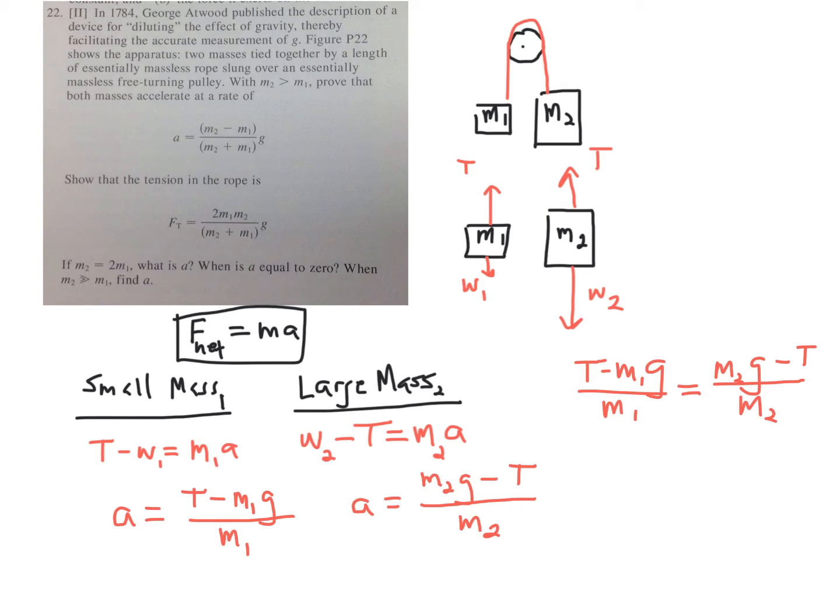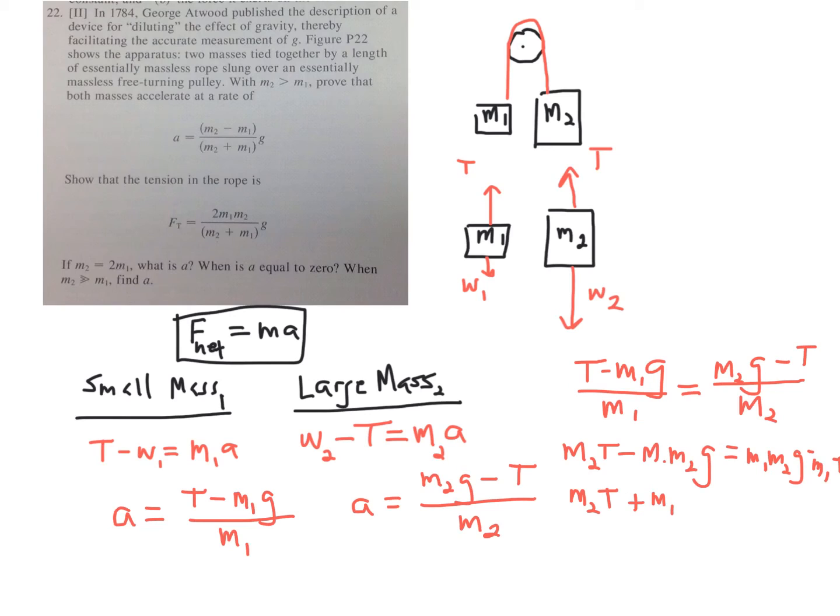So if I cross multiply, I end up with m sub 2T minus m sub 1 m sub 2g equals m sub 1 m sub 2g minus m sub 1T. Wow, m sub 1T. Just fit that in there. That says minus m sub 1T. If we move things around now, I'll move both terms of the T's to the left-hand side. So it's going to be m sub 2T, which is still there, and that little thing that's kind of off the screen here on the right, it's minus m sub 1T, but now on the left-hand side it'll be plus